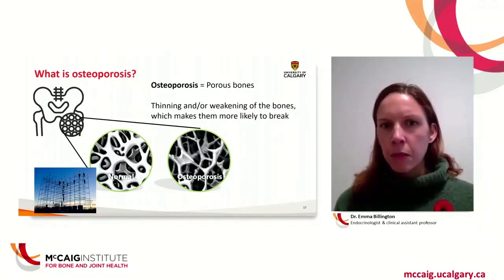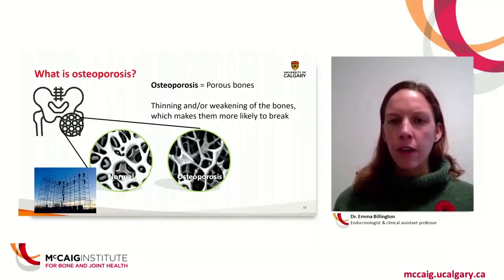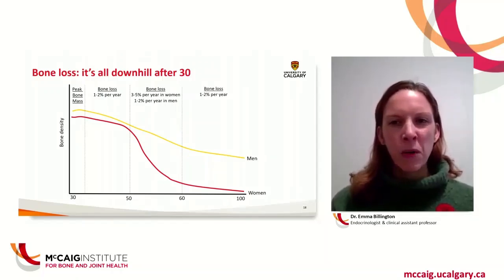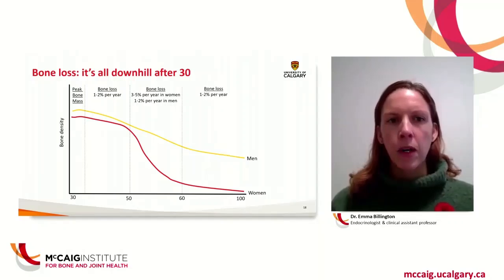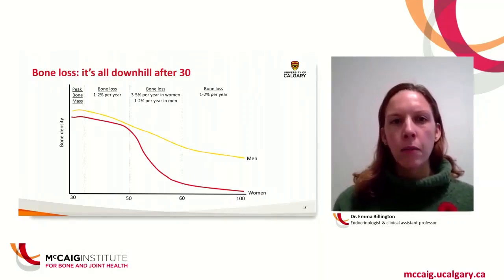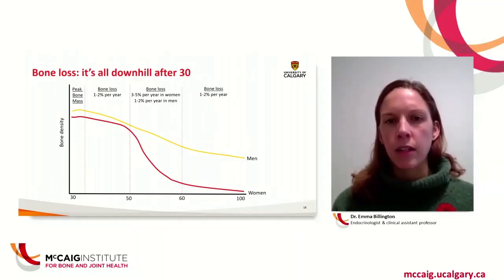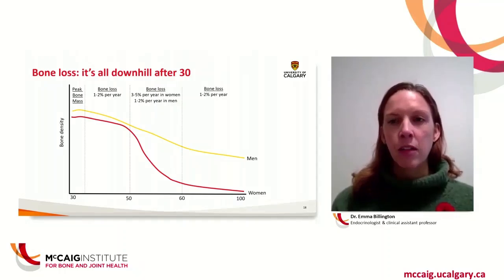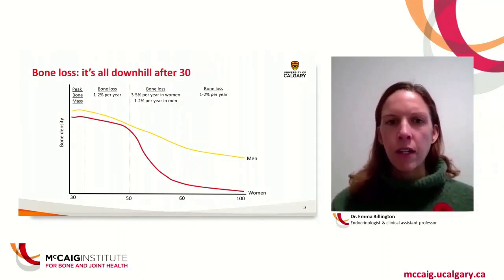So I mentioned osteoporosis is both the thinning and/or the weakening of the bones. So how and why do the bones thin? Well, unfortunately, it's all downhill after age 30, and bone loss is pretty much a universal part of aging. So we all hit our peak bone mass in our 20s to 30s on average, and men begin a bit higher than women. And then after about age 30, we start to lose bone on average up to 1 to 2% a year. And this continues up until around age 50, which is approximately the average age of menopause in